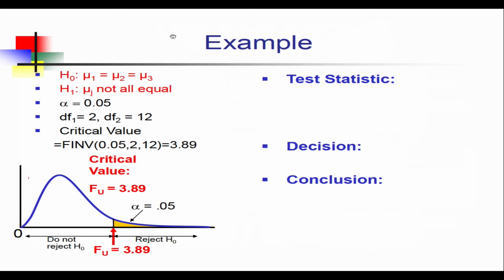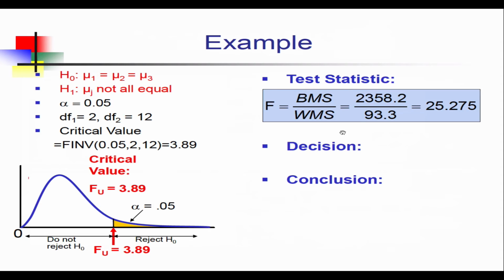So here, we put everything in this sheet. Under the null hypothesis, we are testing whether all of those 3 group means are equal or not. And the alternative is that at least one group mean is not equal to the others. Using the number of groups and the total sample size, you can figure out those 2 degrees of freedom, k minus 1, n minus k. Okay? Then for the critical value, you can use this F inverse function